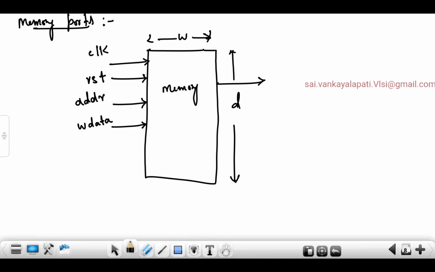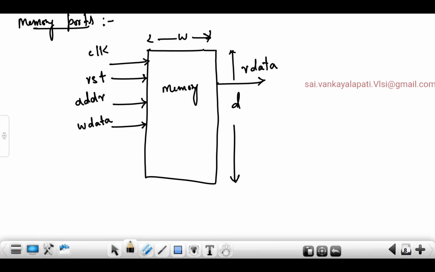Output port. This is how I can read. Output port is nothing but what? Read the data. Do you need any other input signals to do this? You need one more input, right? That one more input is for deciding when to write the data and when to read the data.